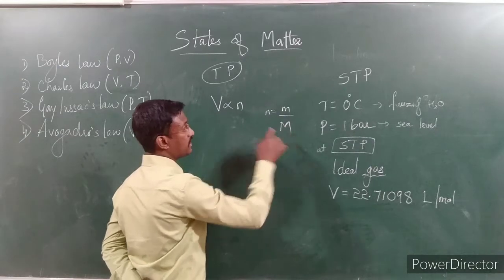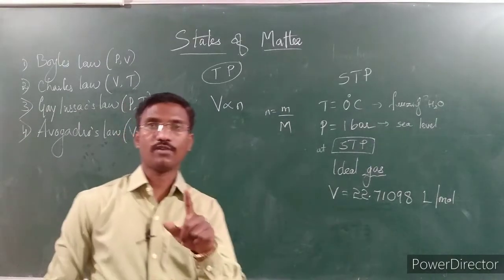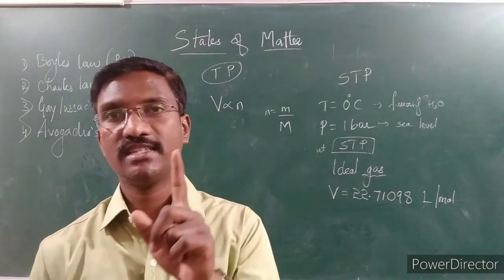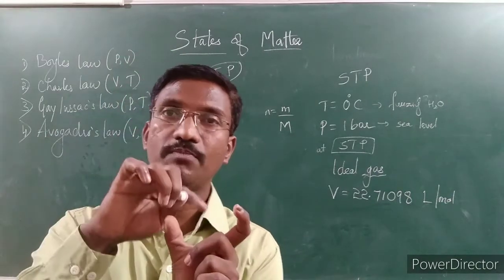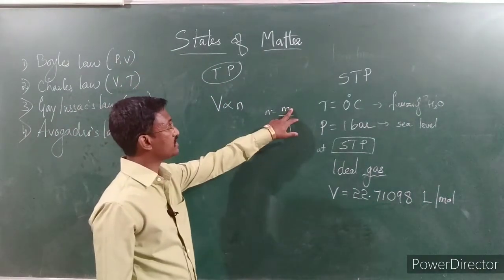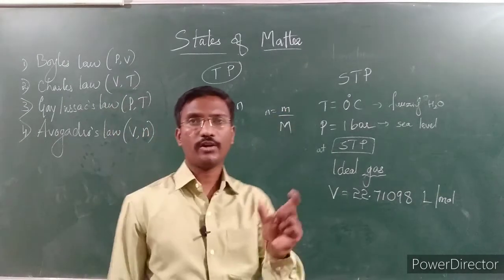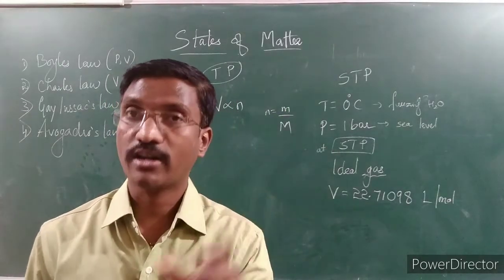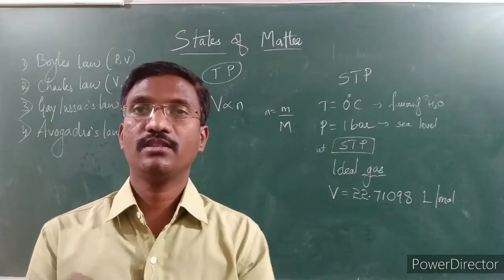Molar mass is nothing but the mass of 1 mole of a compound, NaCl. What is the mass of 1 mole of NaCl? That is what we call molar mass. Similarly here, small m is nothing but the given mass. For example, 20 gram water, they have given 20 gram water, so the given mass is